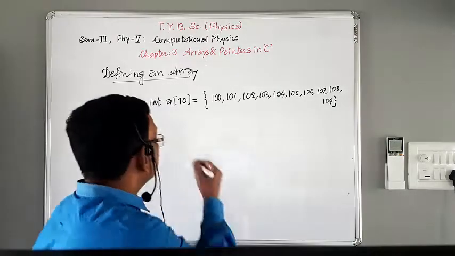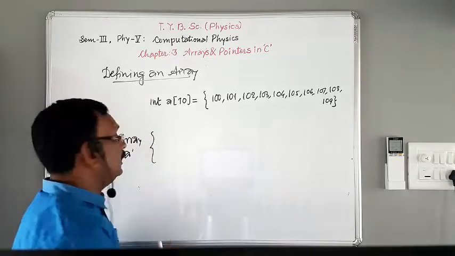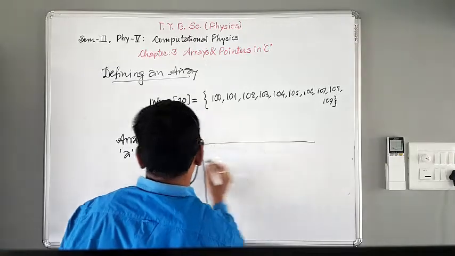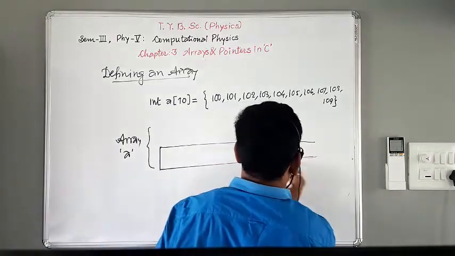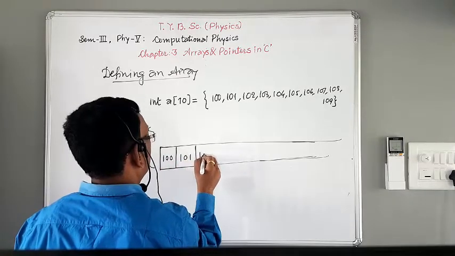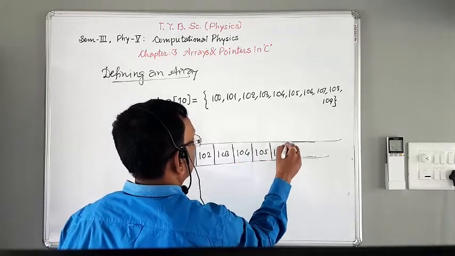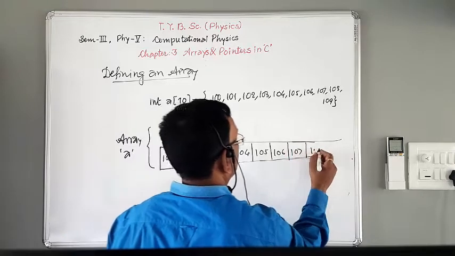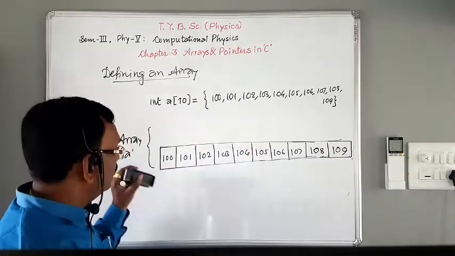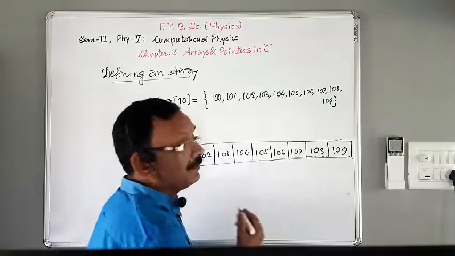Okay. Now suppose here is array A. The array name is A, and we can initialize it like this. Suppose this is the memory location: 100, 101, 102, 103, 104, 105, 106, 107, 108, and last 109. These are the 10 elements stored in adjacent cells in the memory location. Okay, and